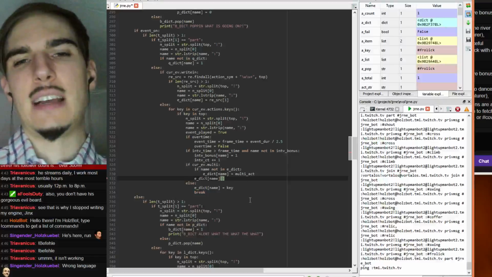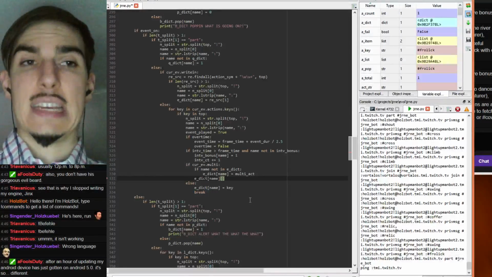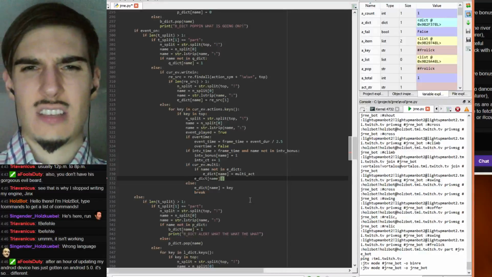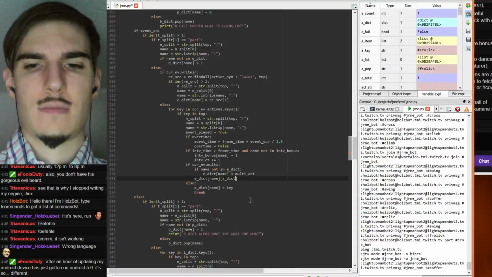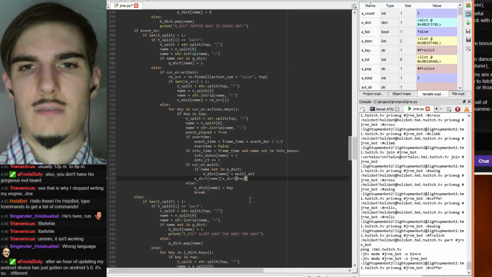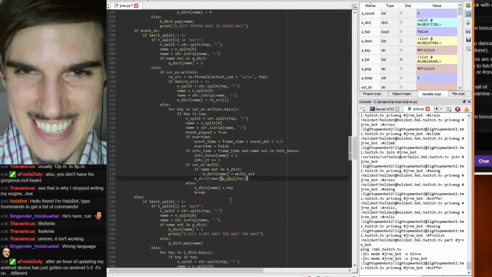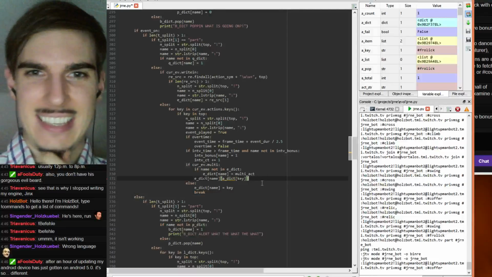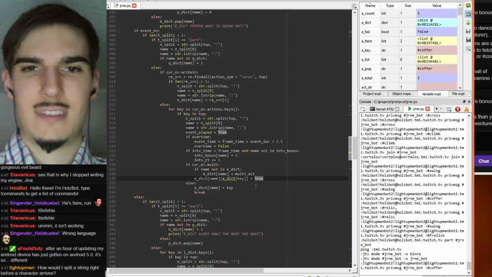Alright, so index equal to edict key? Yeah. Key. Is that legit? Edict key equals true. Save that.